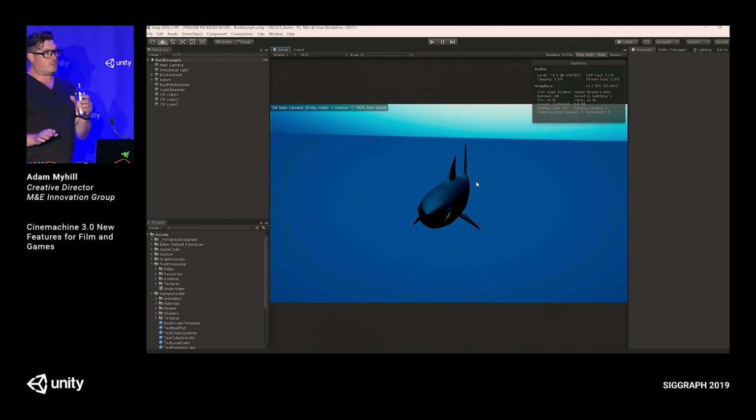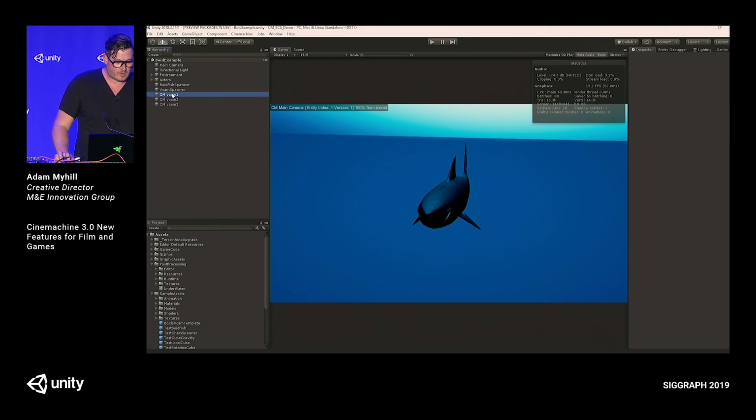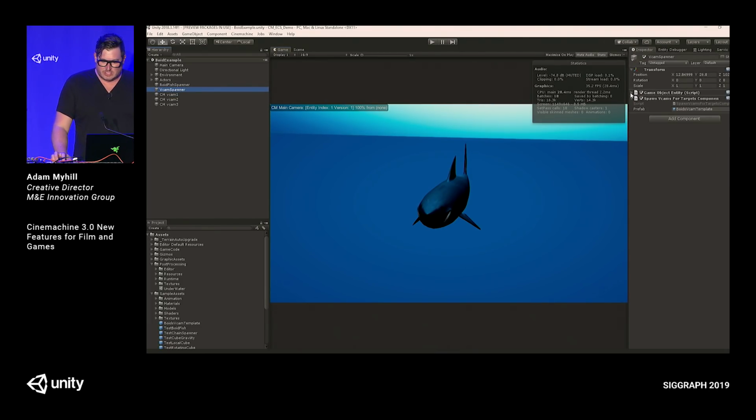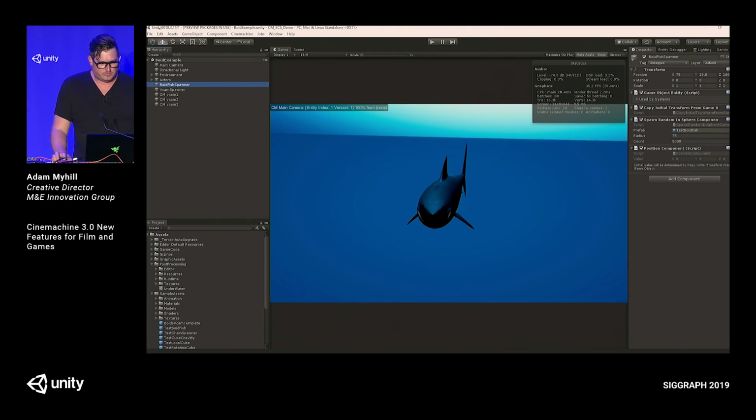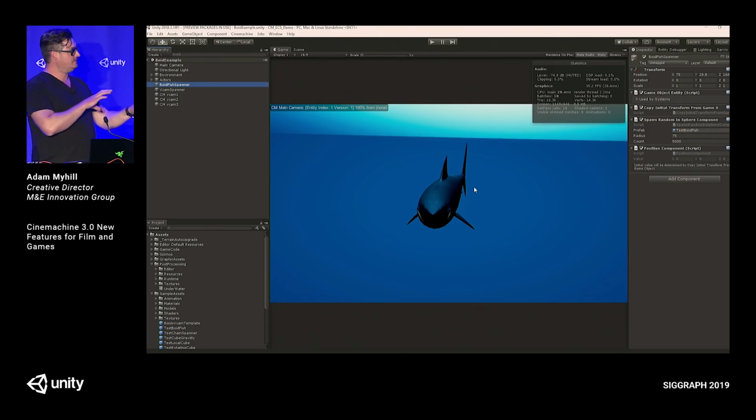This is a programmer art scene with a shark and a whole bunch of fish. And the fish in the scene, there's 5,000 fish in the scene. Every fish has a camera that follows it. Soon, when I hit play, every camera that follows it is doing a raycast. Raycasts are expensive. And every camera that's following every fish has got a damping method. So as the fish moves, the camera goes. That's expensive.